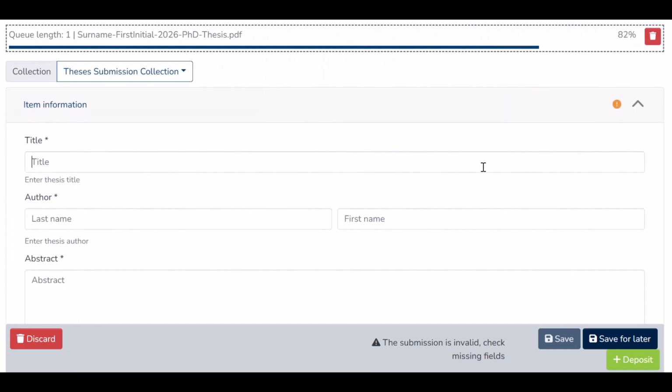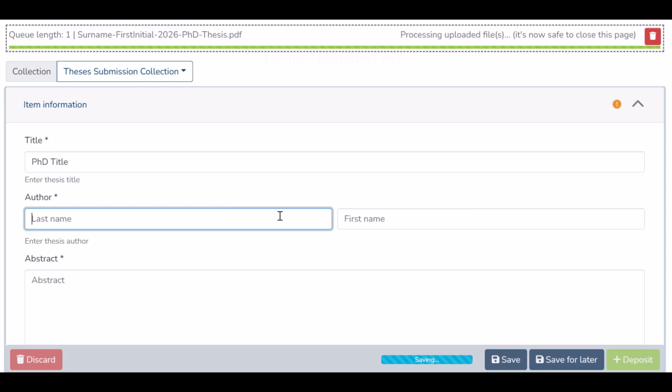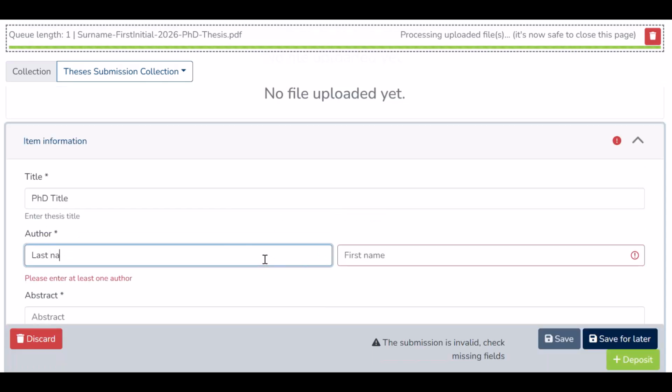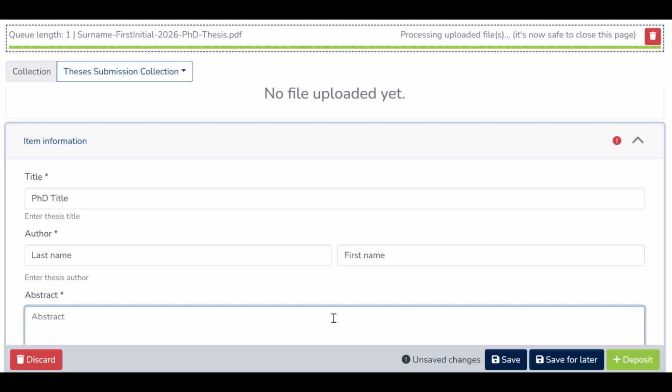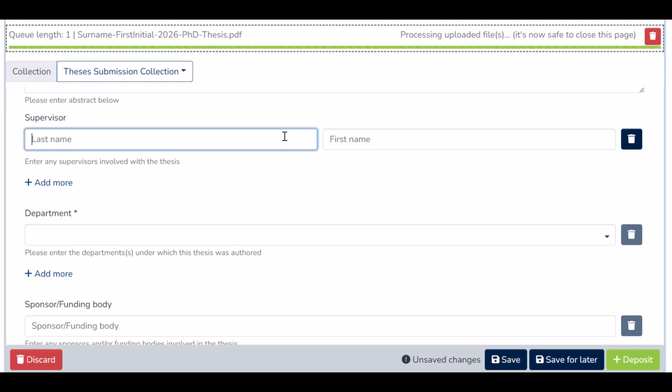So, the PhD thesis title, next, your last name, and your first name, then your PhD thesis abstract, remembering that this should be no more than 300 words. Then your supervisor's last name